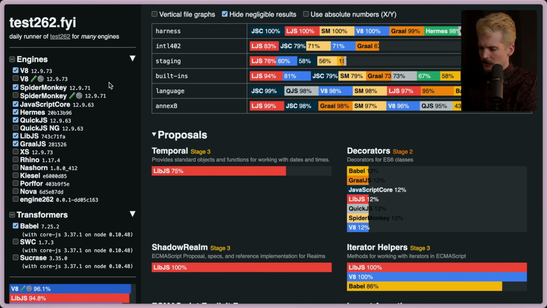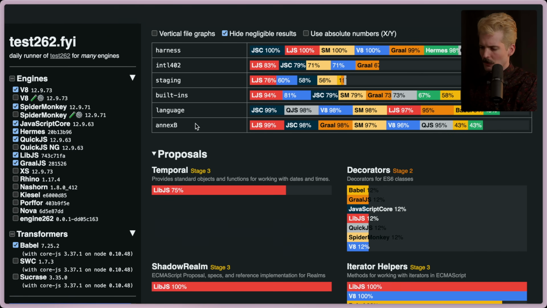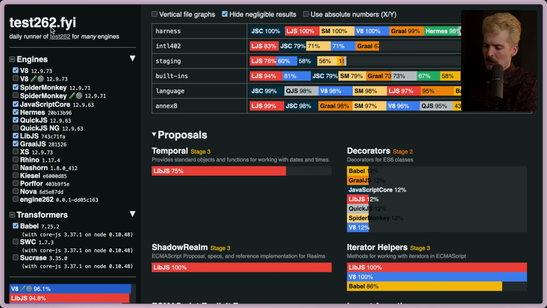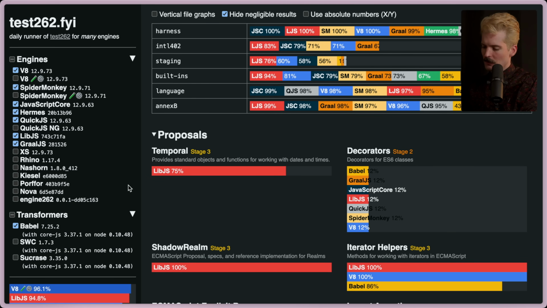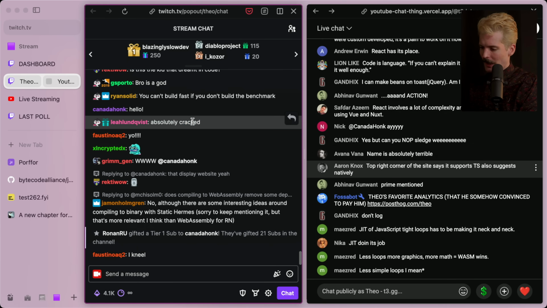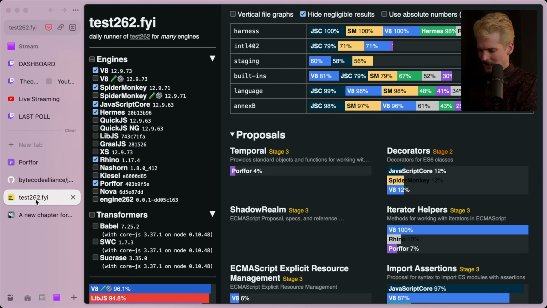Test 262, for those who don't know, is one of the most useful resources to see what features are supported by which JavaScript runtimes. So if you want to compare how JavaScript Core's feature set works compared to something like V8, this lets you see each of these solutions and how much of Temporal is implemented, how much of decorators are implemented, all of these types of things. And if this dev is that focused on this type of thing, it makes perfect sense to me that they're the right type to re-implement JS in such a crazy way. Super cool stuff. Yeah, crack. There's one of those rare 100x devs that knows things I can't even comprehend.